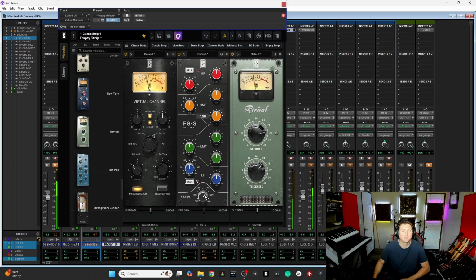I don't really necessarily want to do a whole lot of EQ, I don't think. Like I'm gonna sweep, see if I find anything just nasty, but